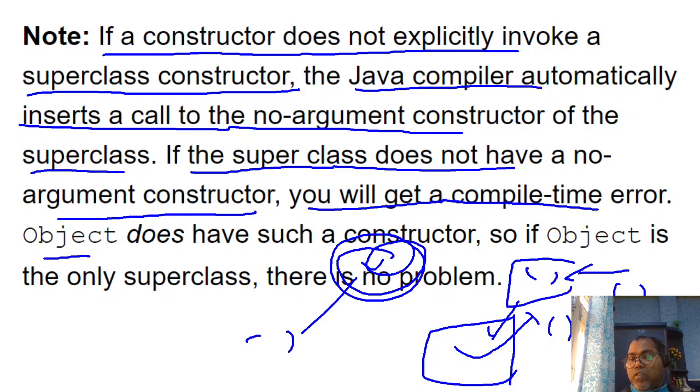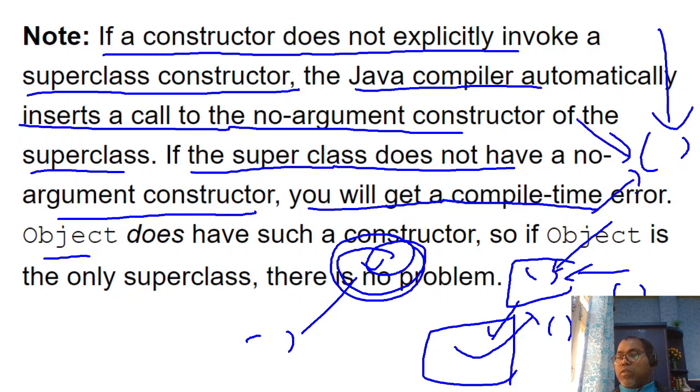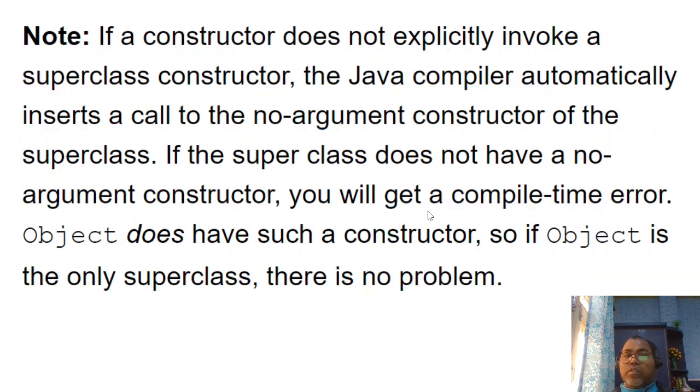If you define any argumented constructor in a class, the compiler does not insert the default constructor. If you are not writing any constructor in your class, the compiler by default inserts the default constructor. But if you have manually specified a one-argument constructor, it is your responsibility to specify the default zero-argument constructor, so that if anyone invokes the super constructor from a subclass, the default constructor can be invoked. This is a point to be noted.